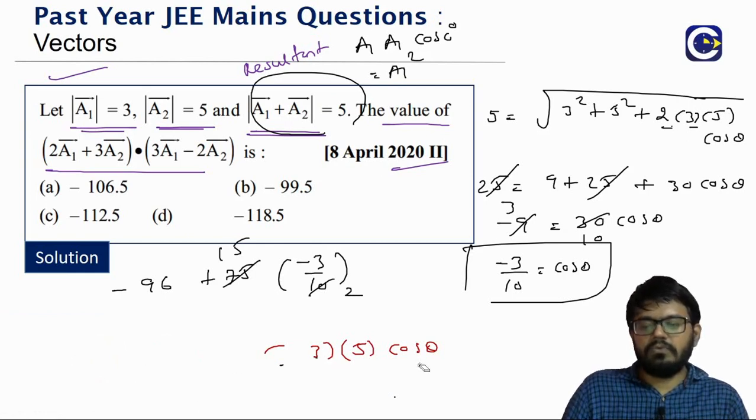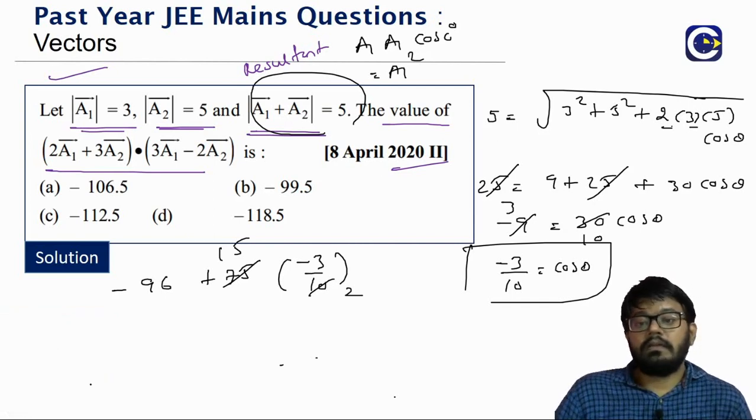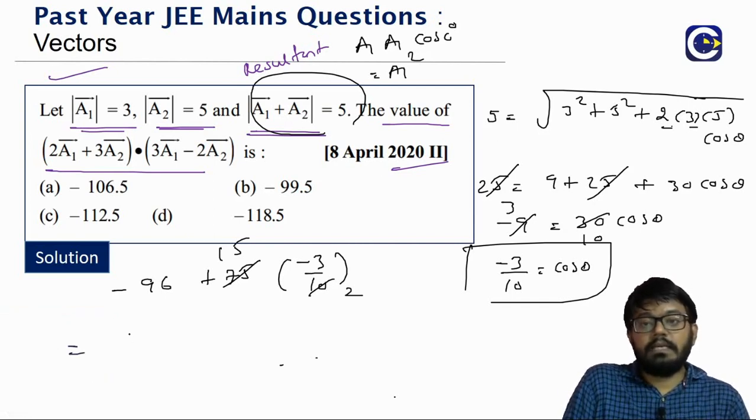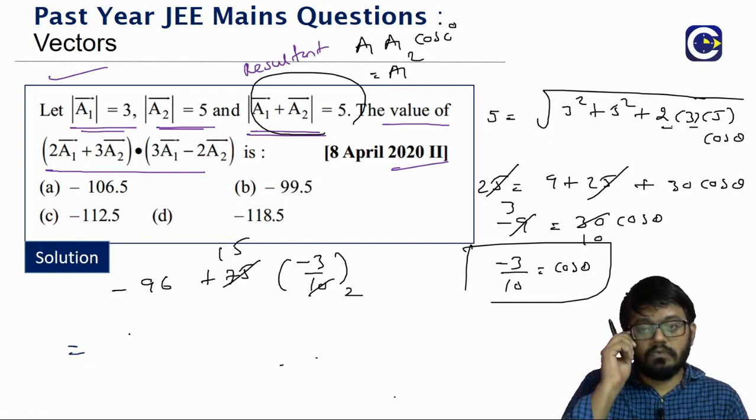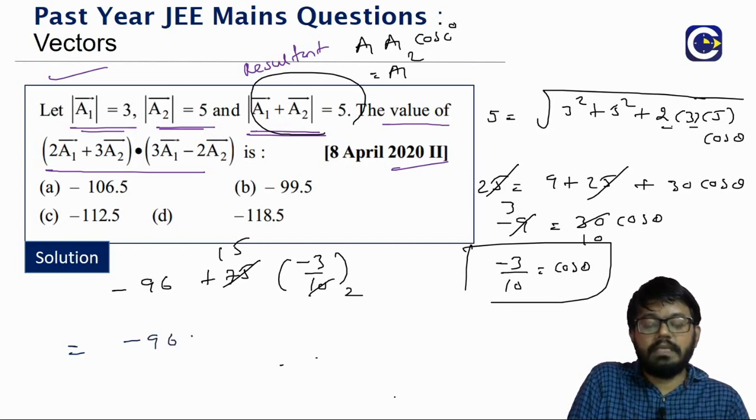That's it. We'll just have to do the simplification. See, sometimes questions in JEE Mains may not be that tricky in terms of the application level, but it might be all about going through the entire solution part with a lot more patience. Okay, so this is what? Minus 96. 15 threes are what? 45. 45 by 2 means what is it?